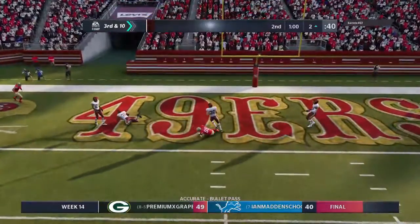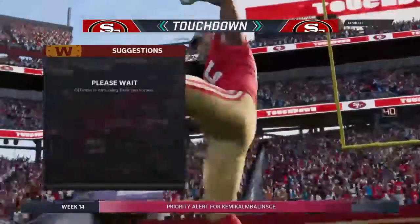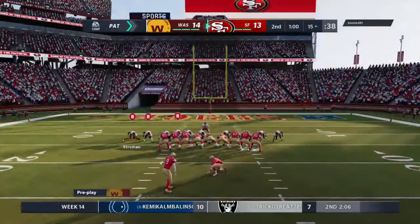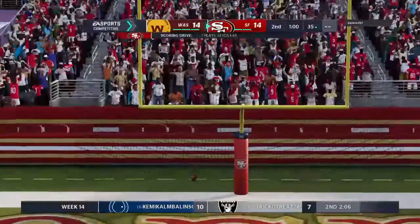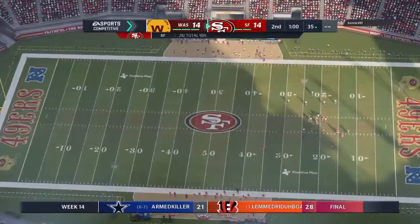And he's going to take it in. Touchdown, San Francisco. George Kittle with his 2nd touchdown here in this first half. And the 49ers are within an extra point of tying this thing up. His kick. And he's got it up and through. That ties the game at